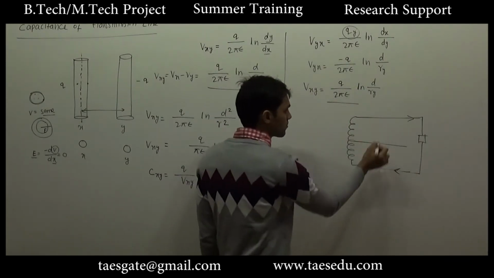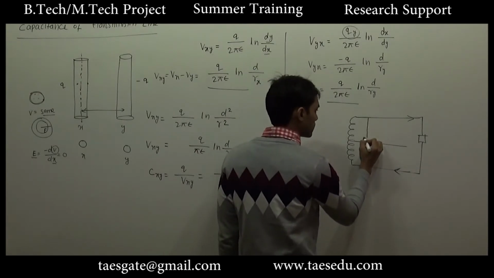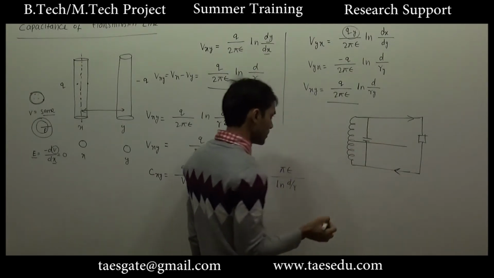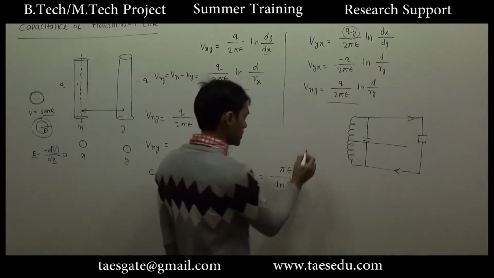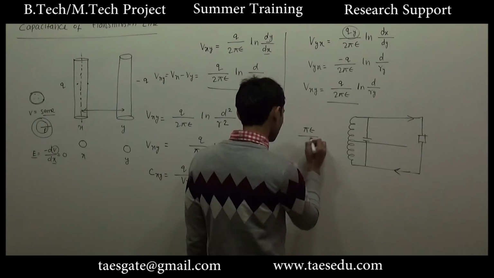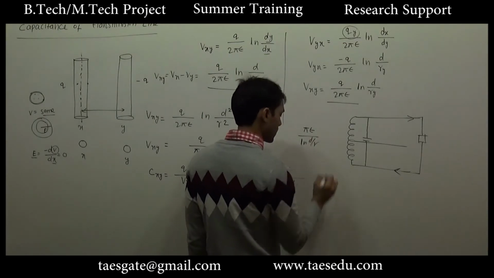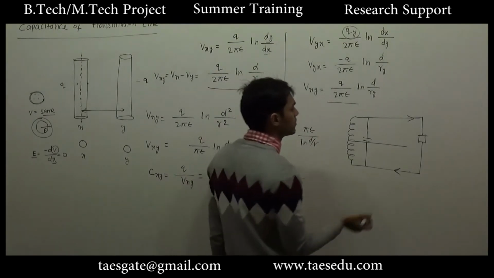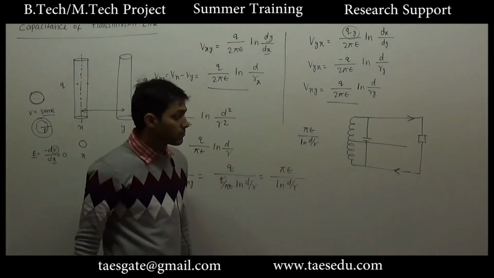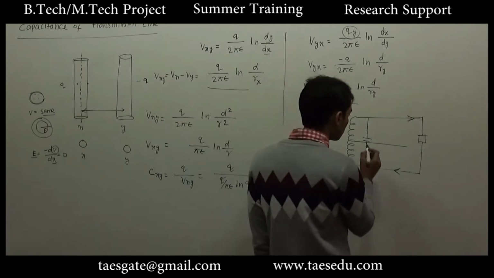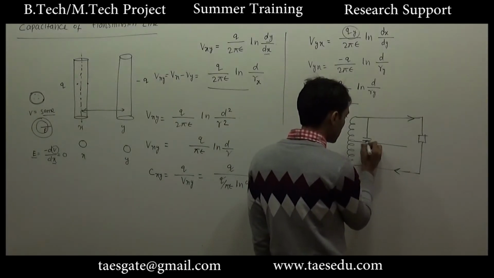This total capacitance we have found as pi epsilon divided by ln d by r, and let's say this current was supplied by a center tap transformer,